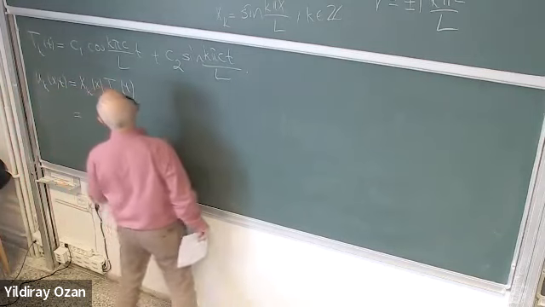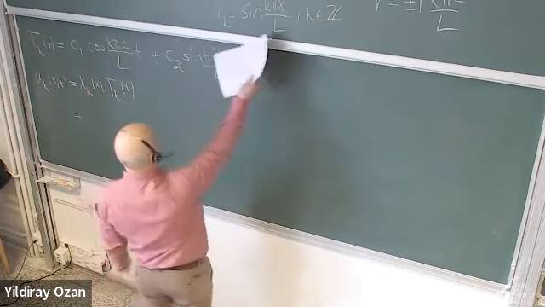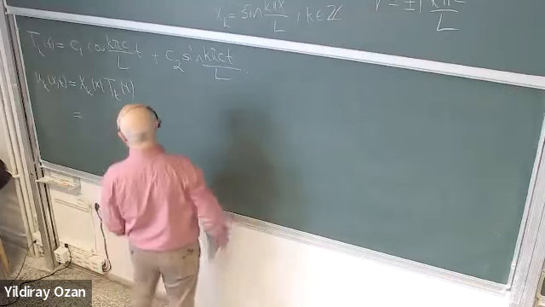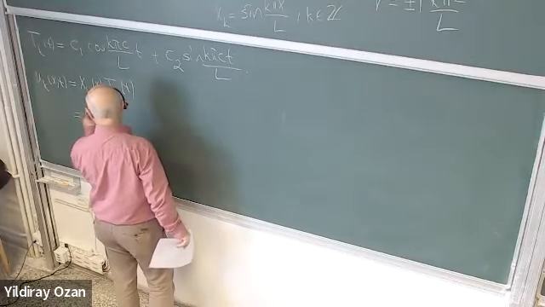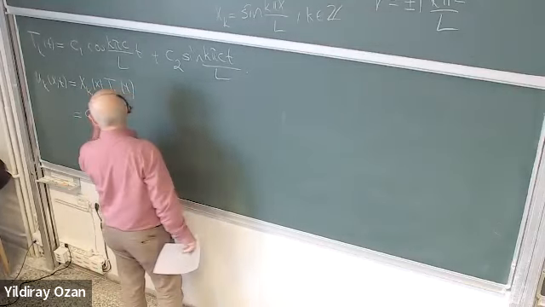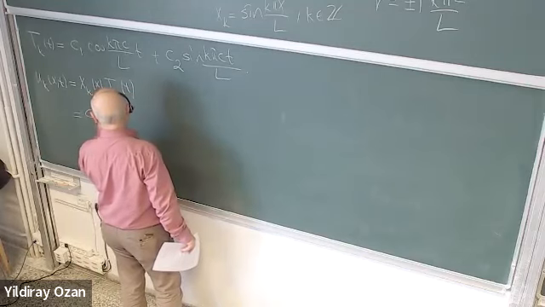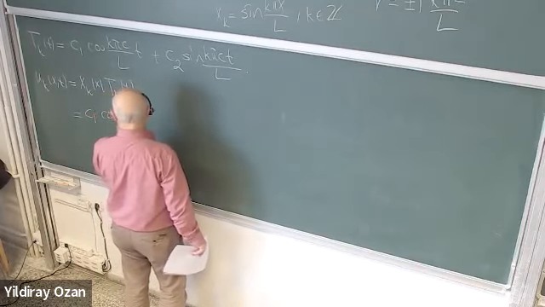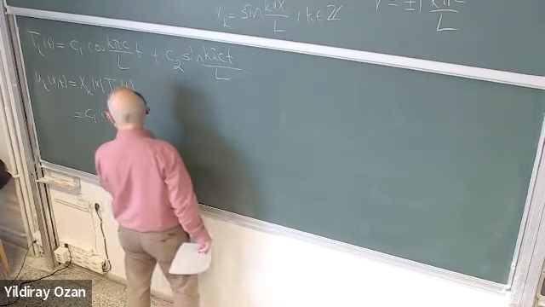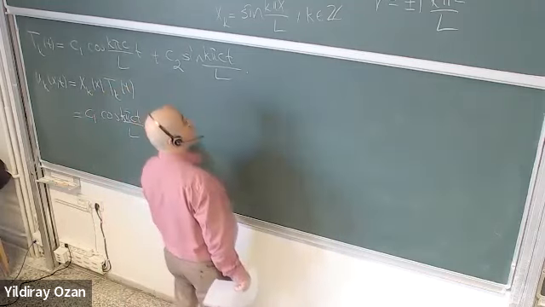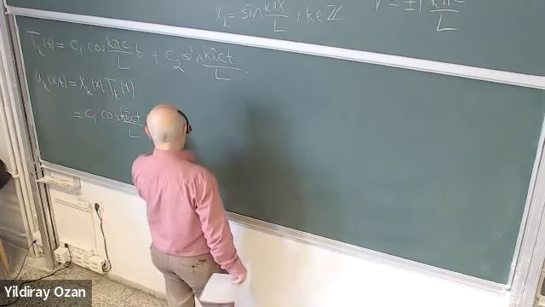So it is just sine multiplied with this. Therefore, we get something like this: c1 times cosine k pi c t over L sine k pi x,